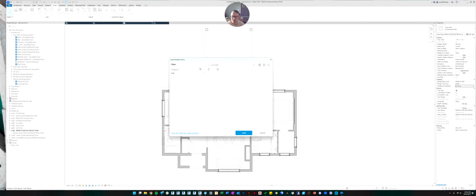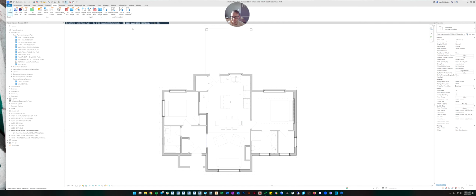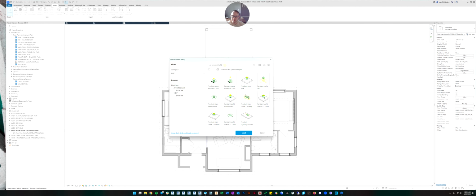Let's go back up and let's find pendant light maybe. See if we can find a pendant light. Pendant light disc. Sure, let's try that one. And load it. So we've got a can, a pendant. What's another light? Let's do surface light.